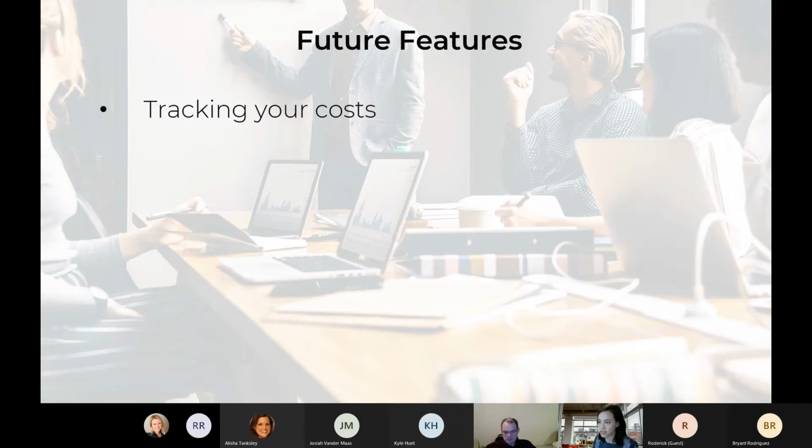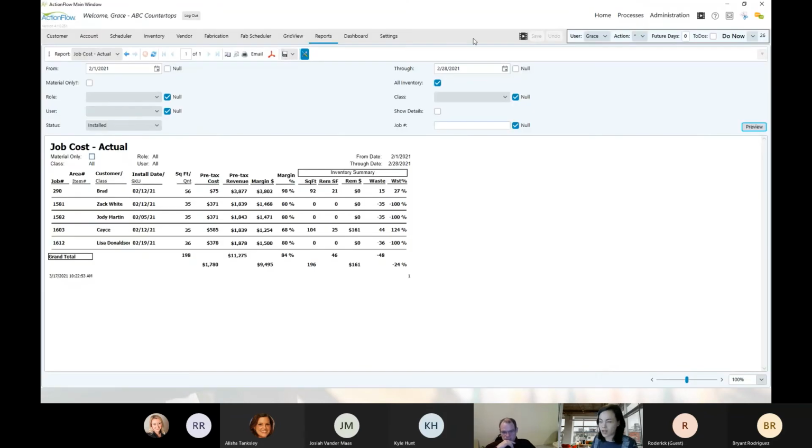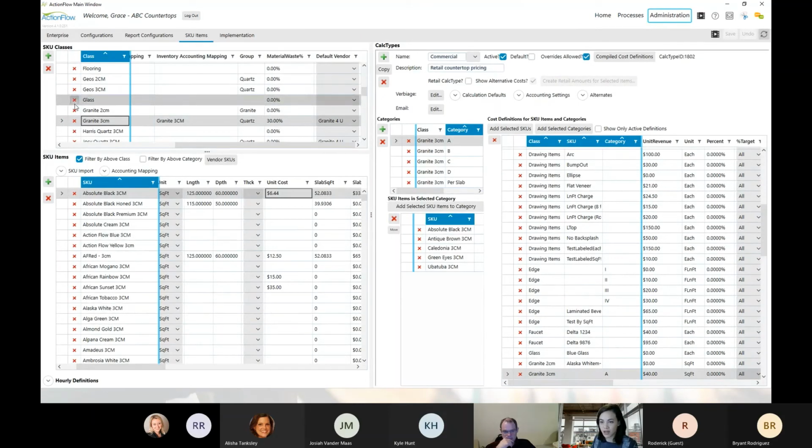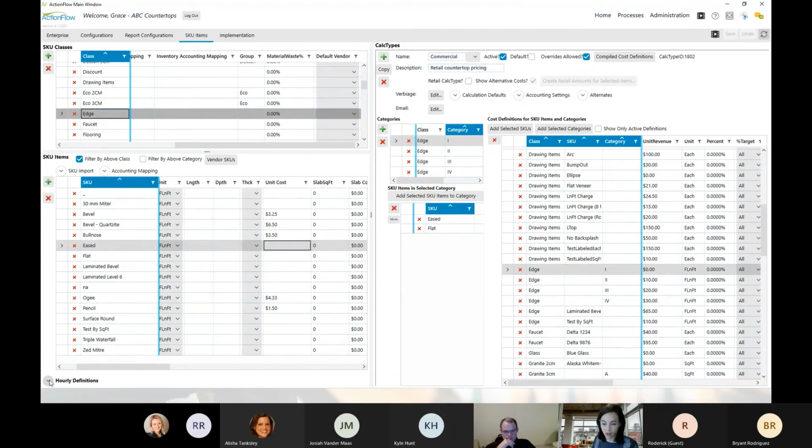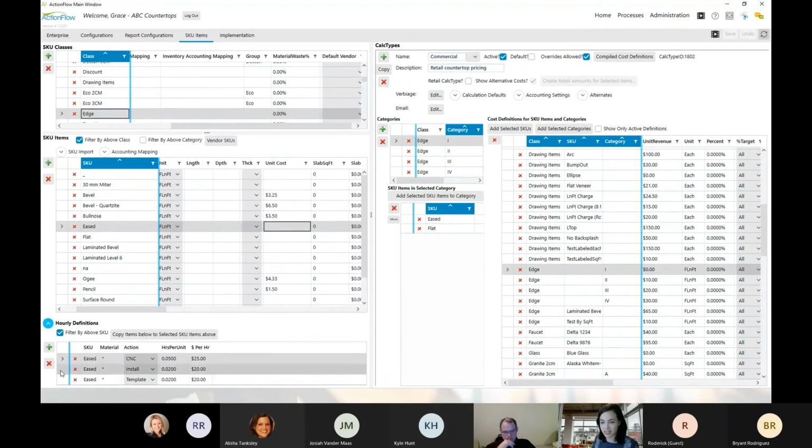At a high level, one piece we briefly mentioned is labor tracking, or saying exactly how long it takes your guys to do different edges on different materials, maybe, or on different